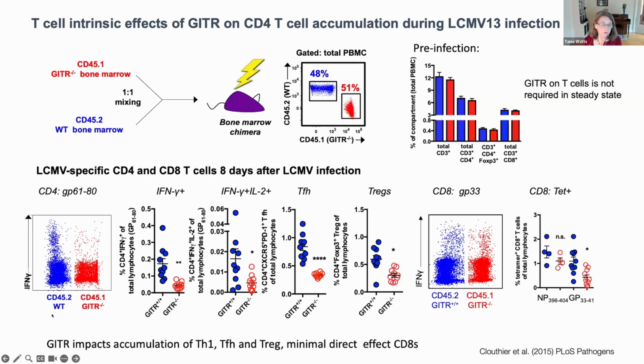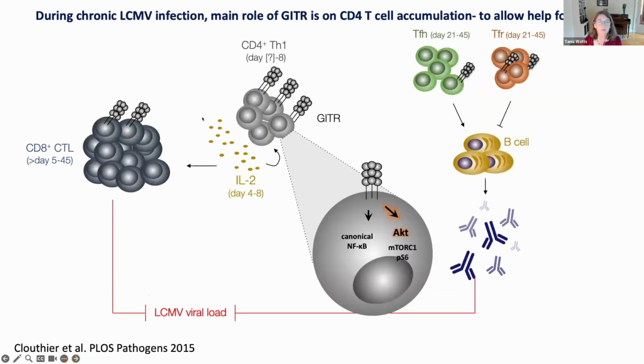So I won't go through the entire paper here, it's been published, but our general conclusion was that GITR on CD4 cells was important for them to accumulate. It affected both helper cells, and we actually saw a corresponding decrease in antibodies without GITR, and it affects CD8 cells indirectly. And when we neutralized IL-2 with an antibody at the beginning of infection, what we found is we